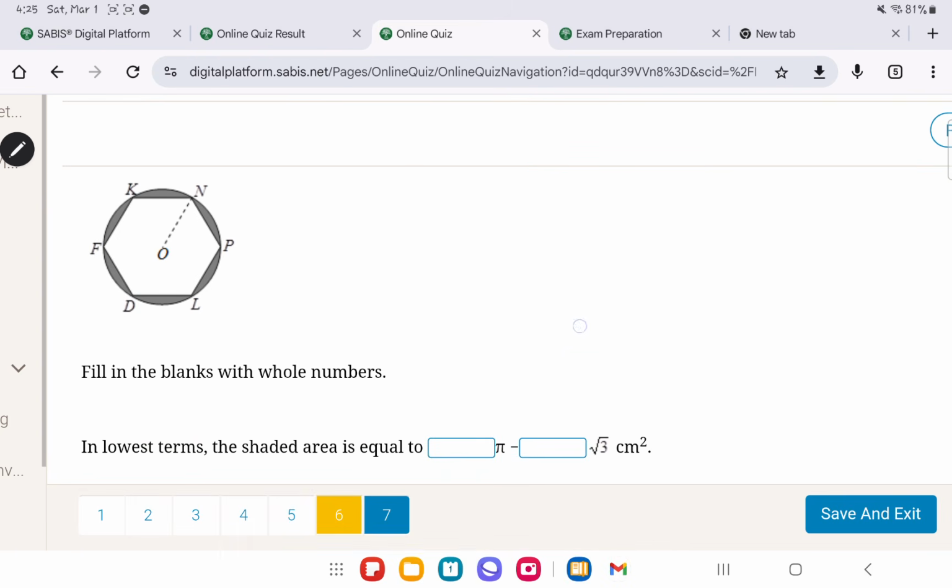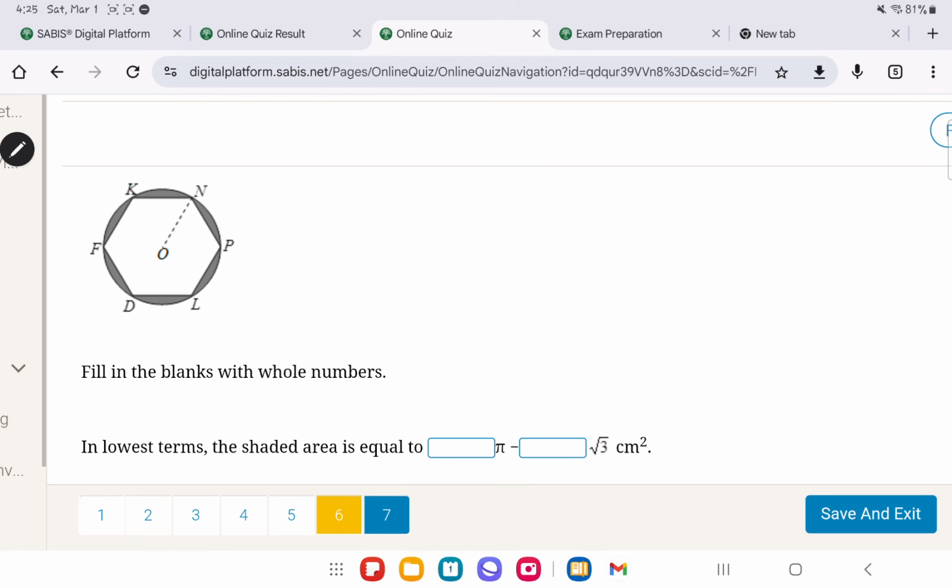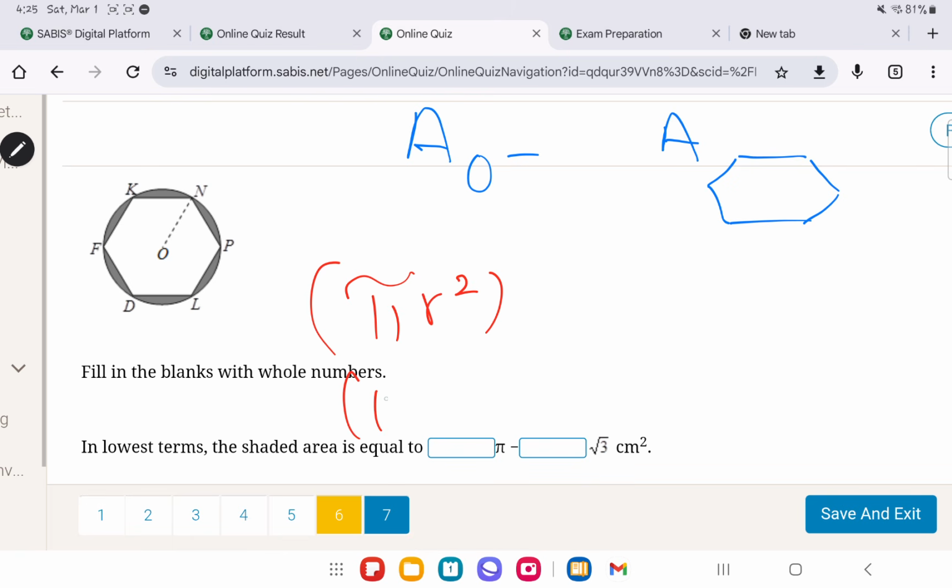Again, this is something we did before, something similar, but here it's a regular hexagon with radius 6 centimeters. In the lowest terms, the shaded area is, again, to find the area of the shaded region, the area of the circle minus the area of the hexagon. The area of any circle is pi r squared. We know that r is 6, so it's pi times 6 squared minus the area of the